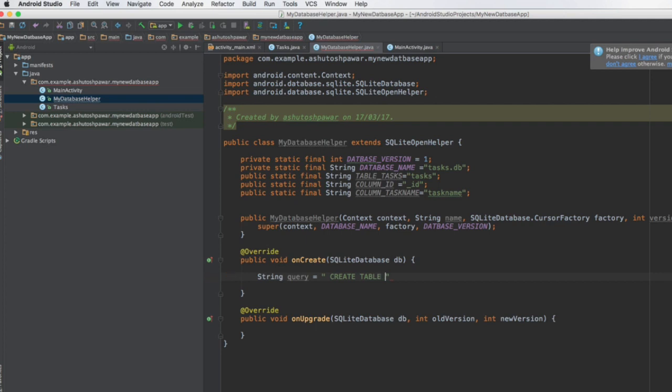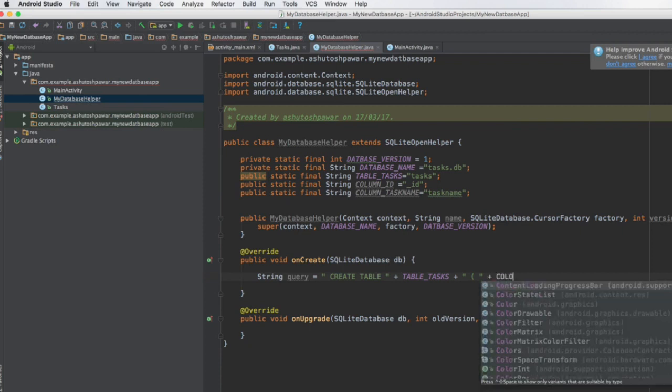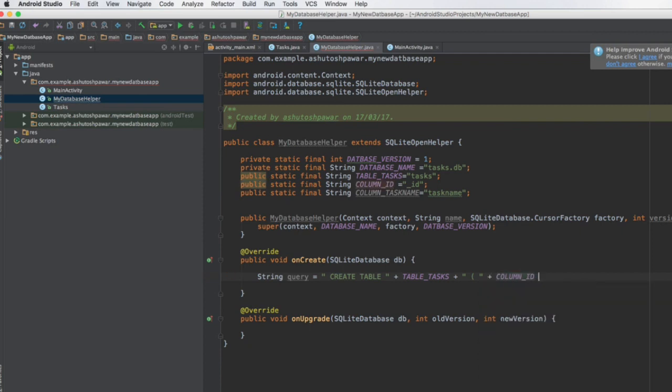So it's actually a query for creating tables, and we want to name this table as table tasks. So we will type in table task, give a plus sign, and we will have a bracket over here, and we need to create a table with a column ID which is specified over here. So we'll specify the column ID